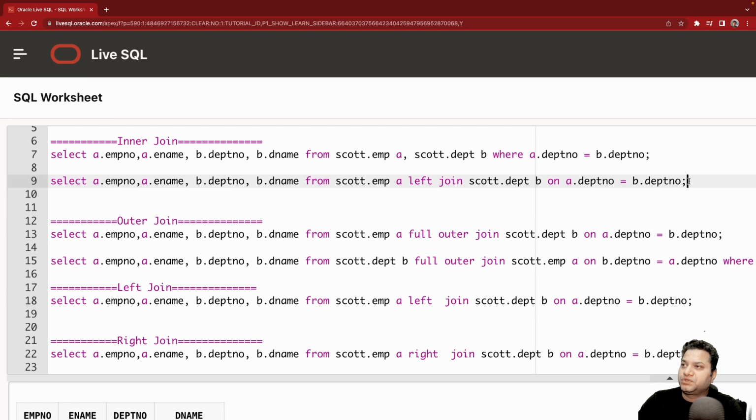If you need to do it the other way, you can write the column names required from the employee table, and then left join with department and provide a key combination. This will give you the same result. Now, if you want to run an outer join, you can use full outer join as a keyword. And if you run this query,